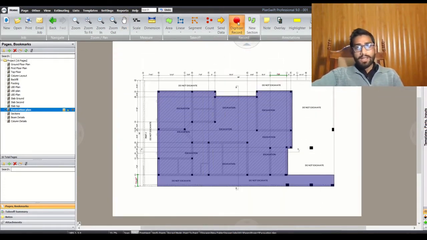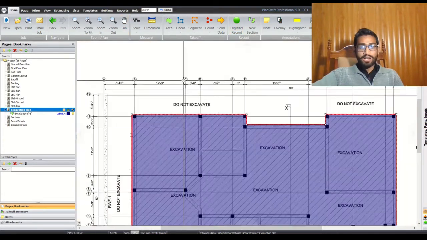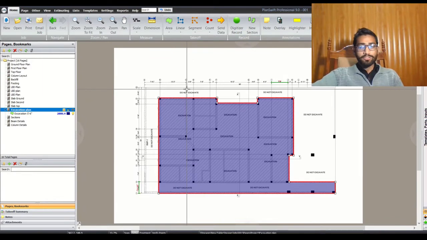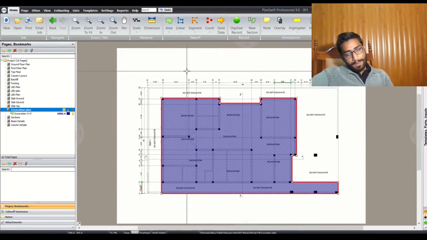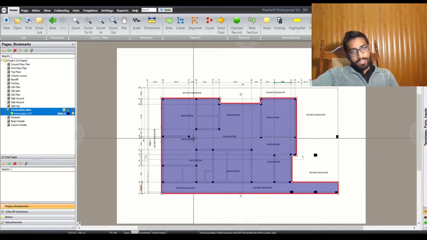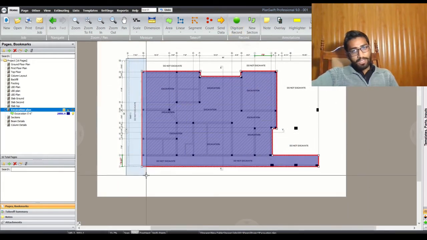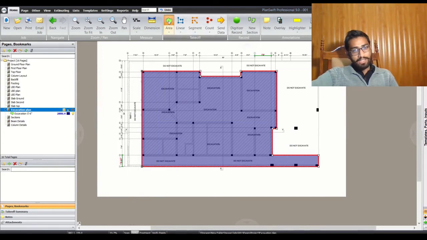We will click digitizer record to exit from the command, and now we will need another area, and that area is 7 feet down. So here we will mark another area.